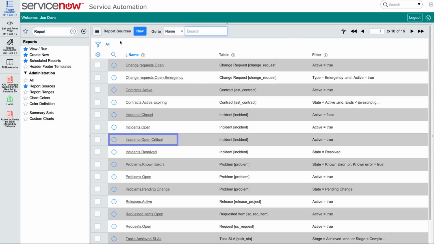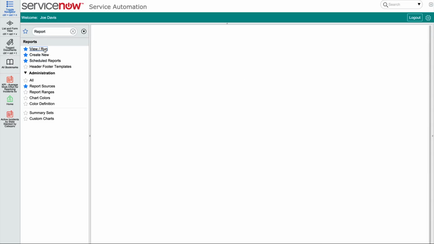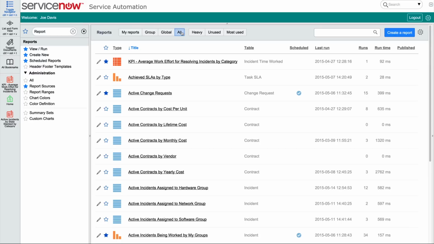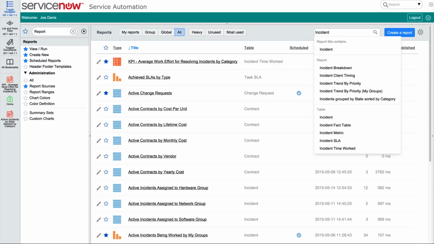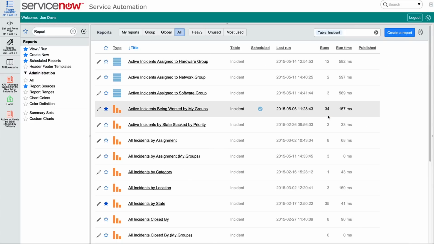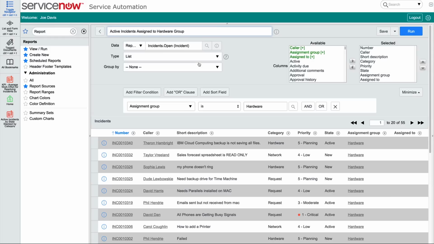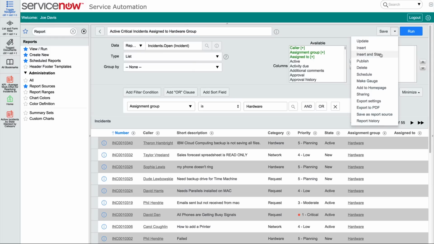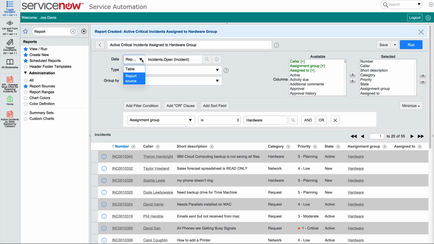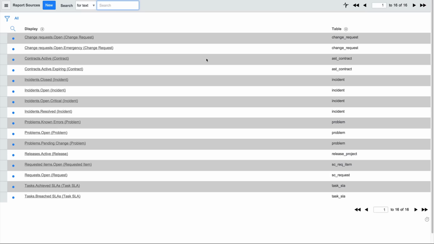Here it is. Without adding the priority filter yet, let's test it by creating a new report from one of these existing ones. We'll rename it to reflect that it covers active critical incidents and insert it as a new report. Now we change the data value to point to our new report source.